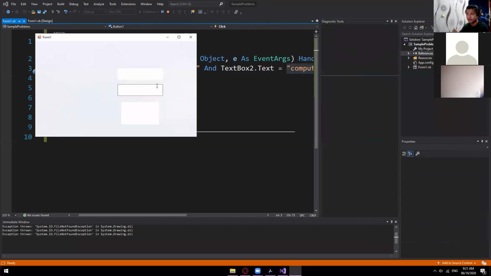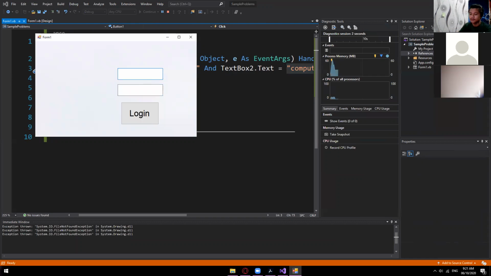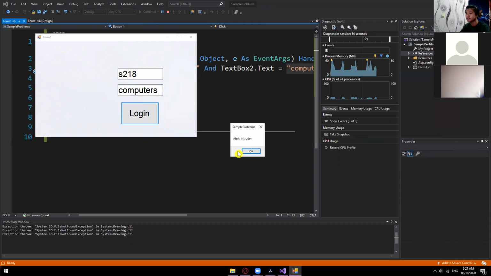So, test natin tong program. So, S218 and then computer. Okay? Login and successful login. Other than that, let's say computers yung password, alert intruder na. Okay? So dito, pwedeng capital or small letter. Oops. Ayan. So, kahit ano yan, kasi by